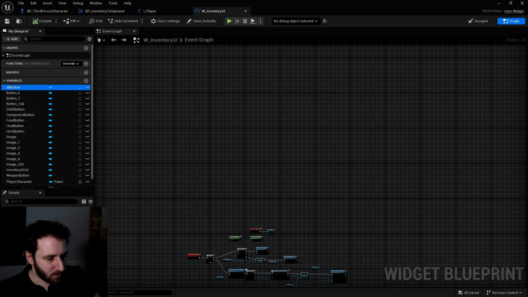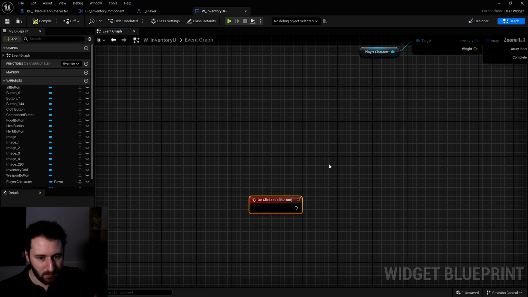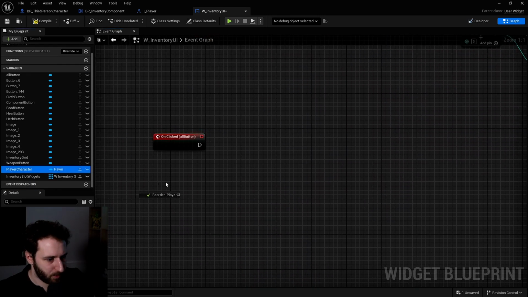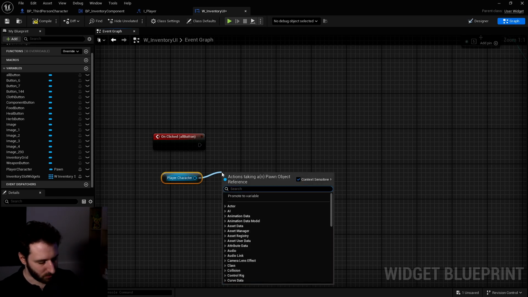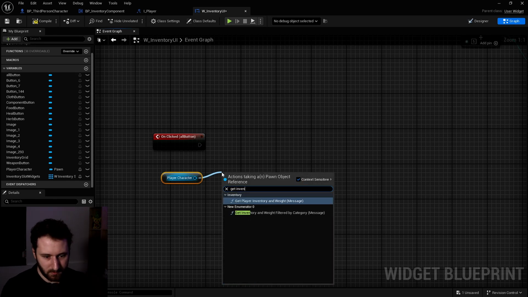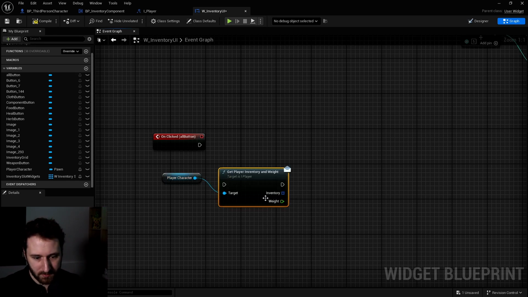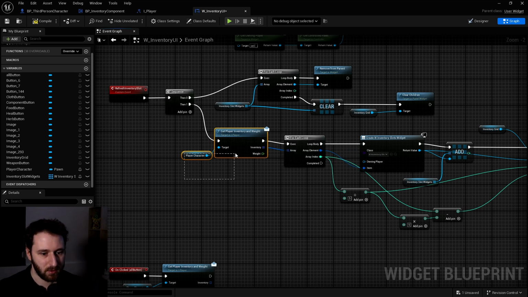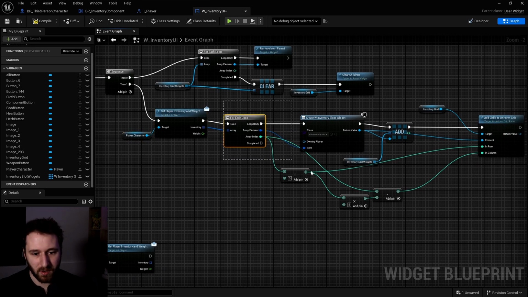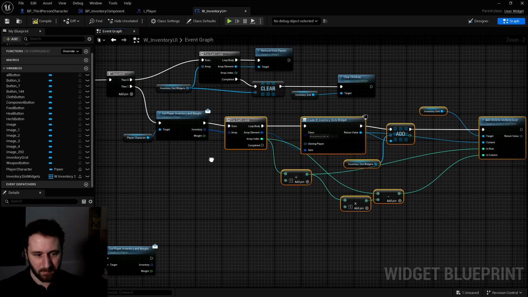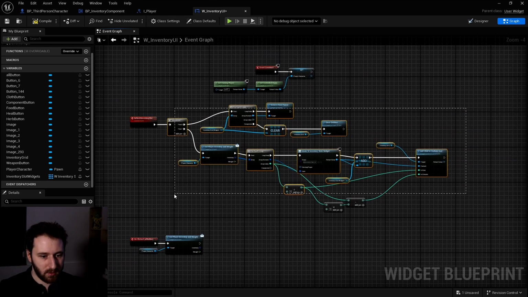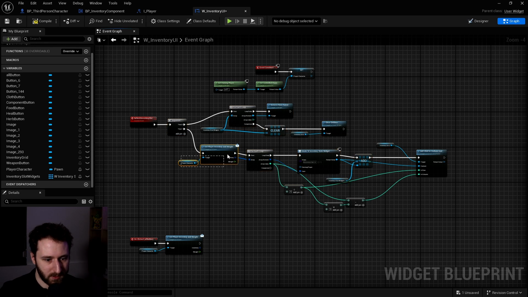We'll go with the all button. On click of the all button, we'll get our player character that we already have set up, and we call the function get inventory and weight. You can see in here we are doing the same kind of thing. When we refresh the inventory slot, we get the parameter and weight. And for each, we are creating everything. So we already have the function that updates our inventory slot based on the inventory that we have.